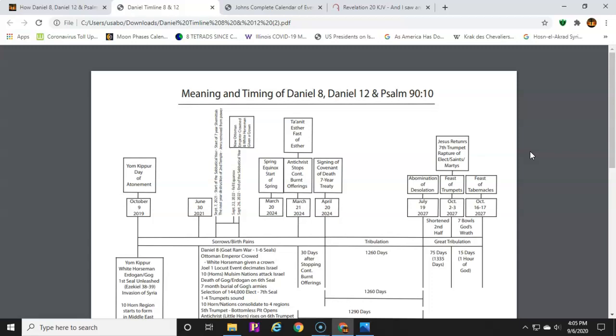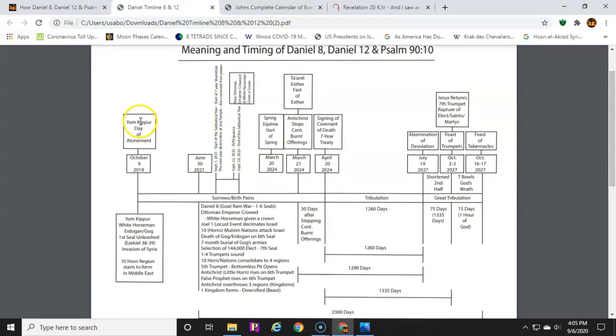And so, like I said, and this is important, if Erdogan was the catalyst that broke the first seal and started us into the sorrows, as we start to work through this devastation of corona and economic meltdown into the Daniel 8 effect that starts sometime after June 30th of next year, and we start to see that the fortune of Israel's taken away, the Ottoman Empire rise, and we start to see this resurrectional event of Antichrist.